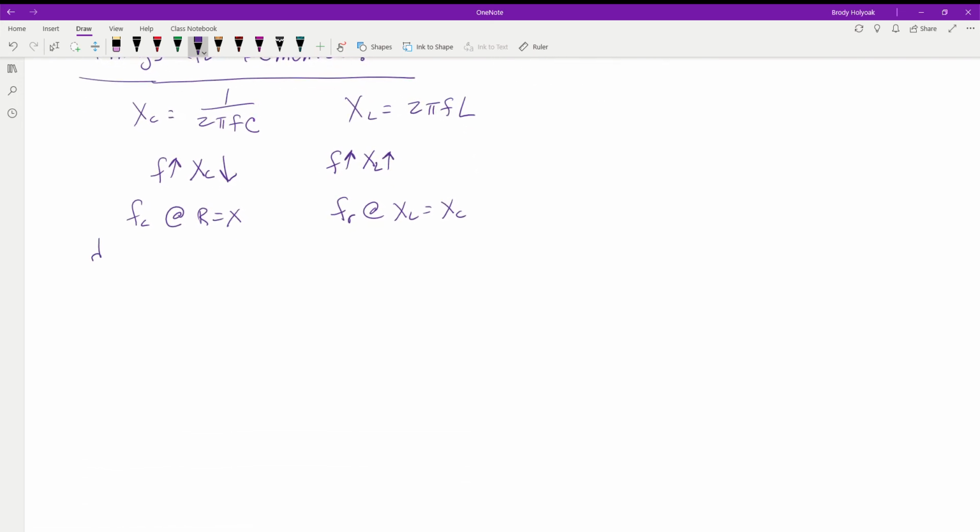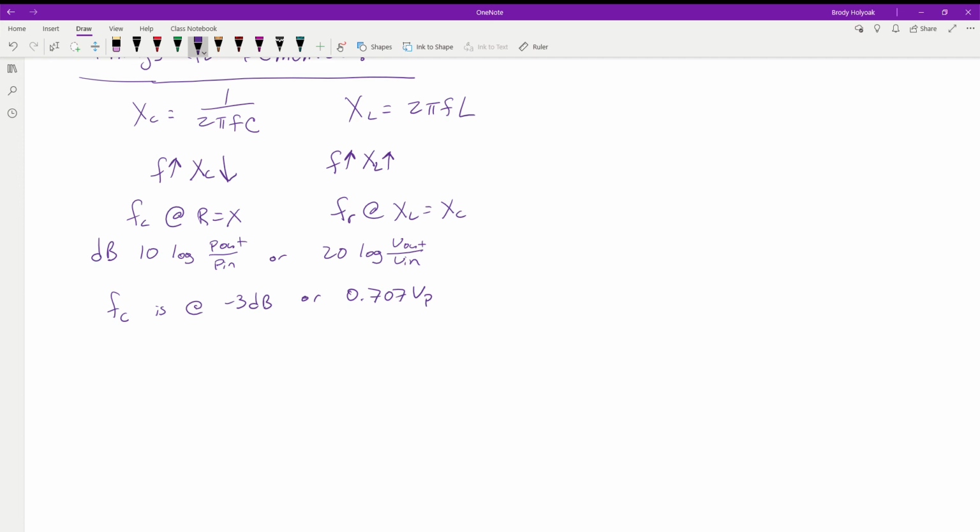And then we have formulas for decibels. So 10 log is our power out over our power in, or 20 log of the voltage out over the voltage in. And finally, our critical frequency is at a point where we call it -3 dB, the half power point, or it's 0.707 of the max voltage.